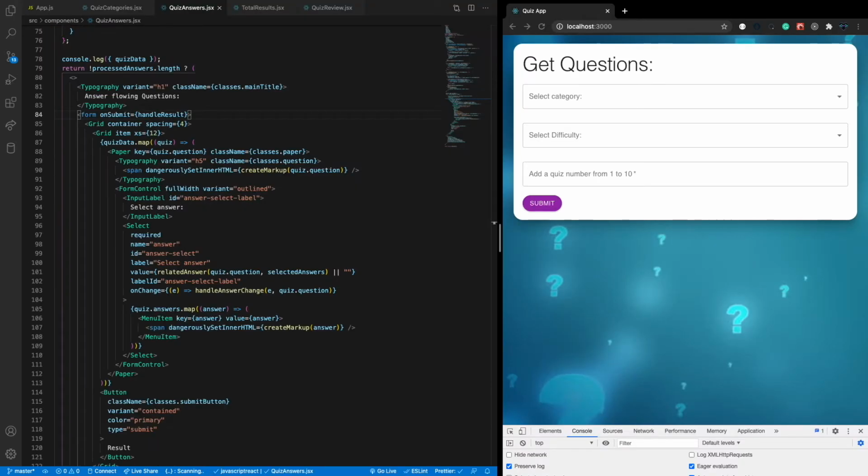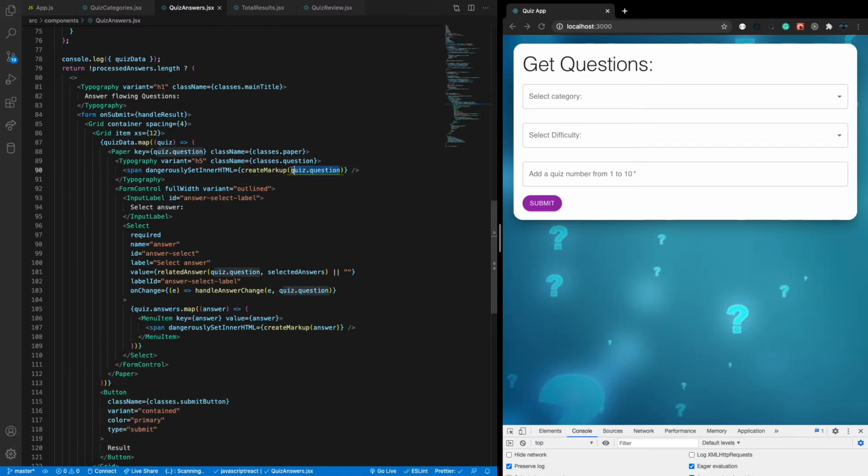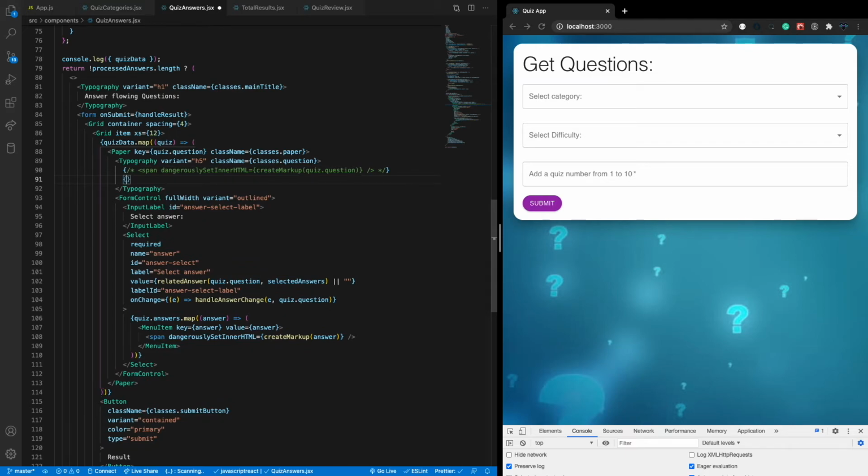And also I forgot to show you how this dangerouslySetInnerHTML works. So now is the time we can get an example for this one. For example, if I just copy this quiz.question and disable this line here, this is where it will show the quiz on QuizAnswers. So basically, if I just access the question directly without using this